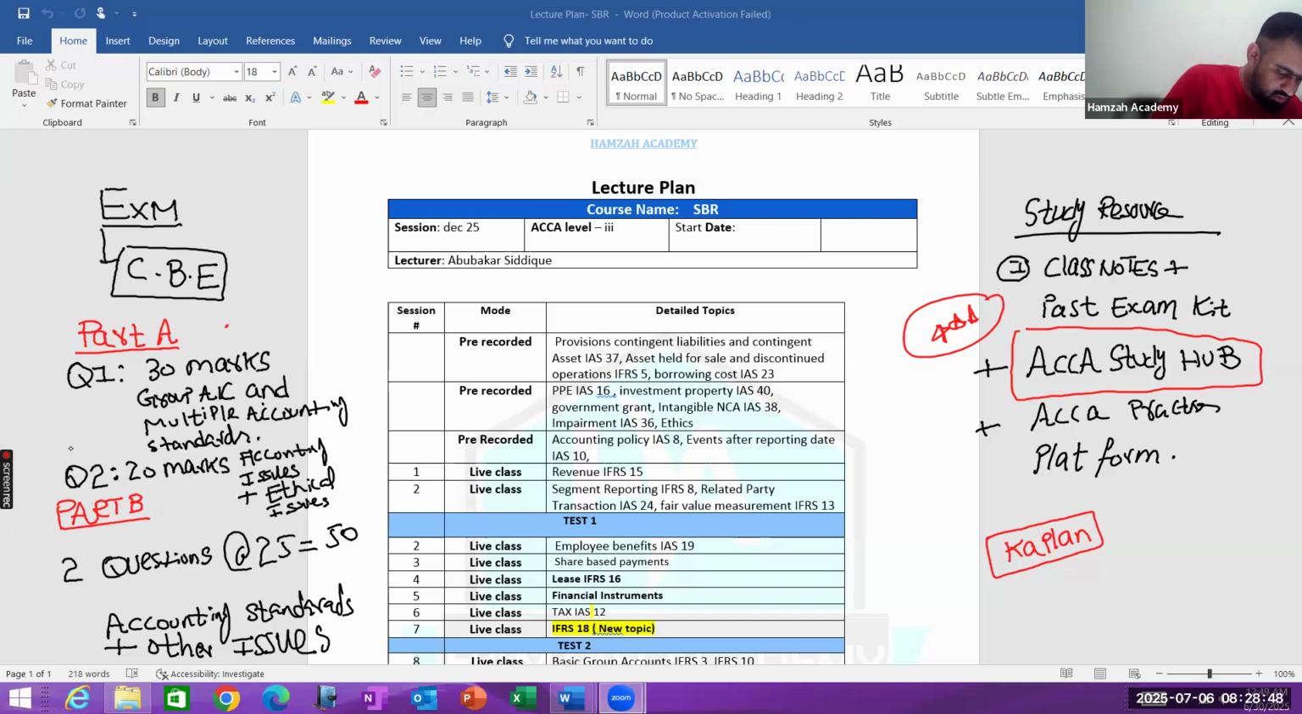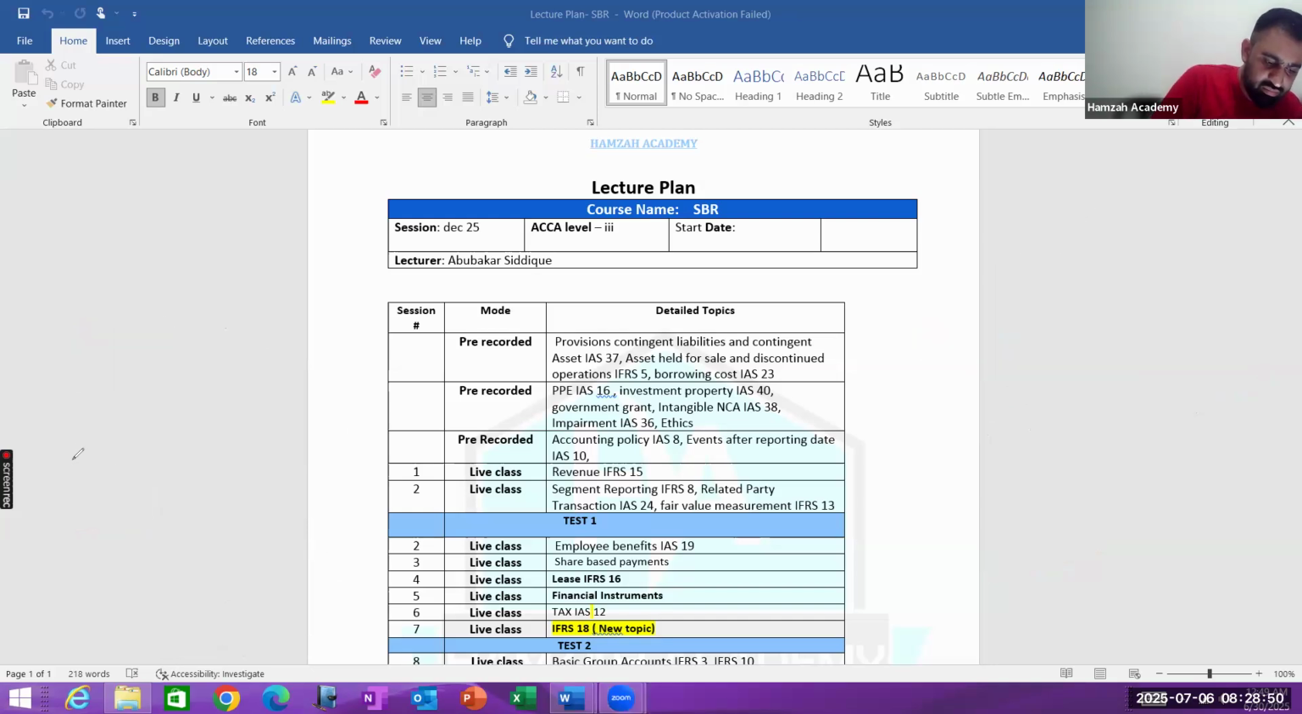so now the next thing is to discuss the course plan. Now, dear students, I have divided the course plan into two categories. One category of the course plan is those accounting standards which we have completely studied at FR level,